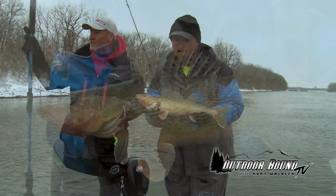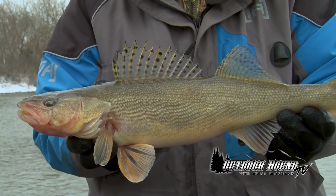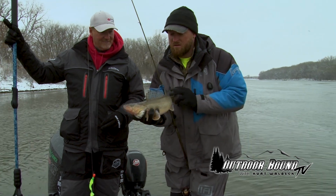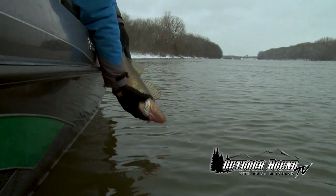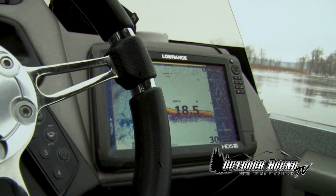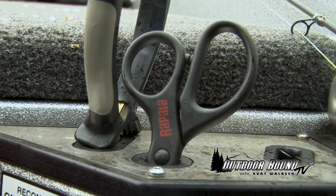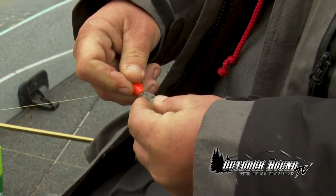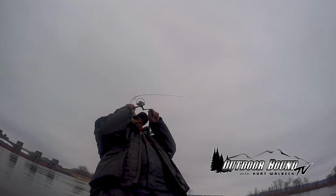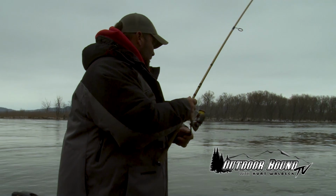You know, we get a chance to fish saugers in a lot of bodies of water, but you don't see fish that size in a lot of them. So the Mississippi River definitely has some nice fish. Another beautiful fish. Very cool. This one's pretty